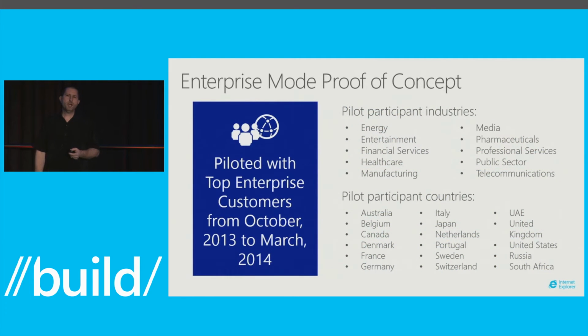Now, I've talked about the pilot briefly. I can share some details here. We started a pilot in October of last year with just a few customers who had identified web apps as the blocker for upgrading to Windows 8.1. They were trying to upgrade to Windows 8.1, and what they found was there were those few IE8 applications that were holding them back. Anybody in a similar position? Yeah, I'm seeing a few hands. So yes, we started adding people to the pilot, and we had a target of 30 customers. We ended up within the pilot with more than 90 customers